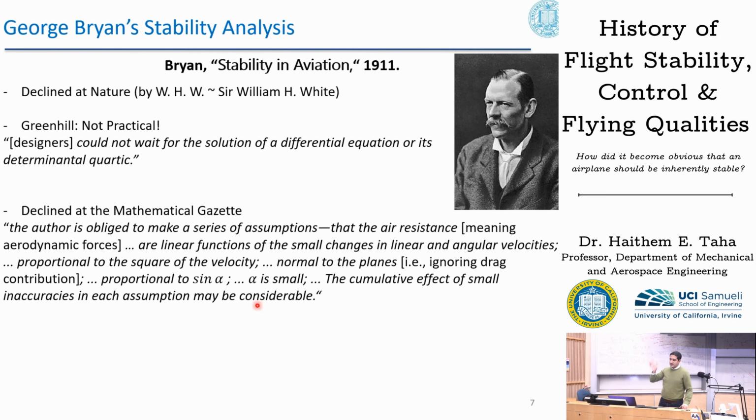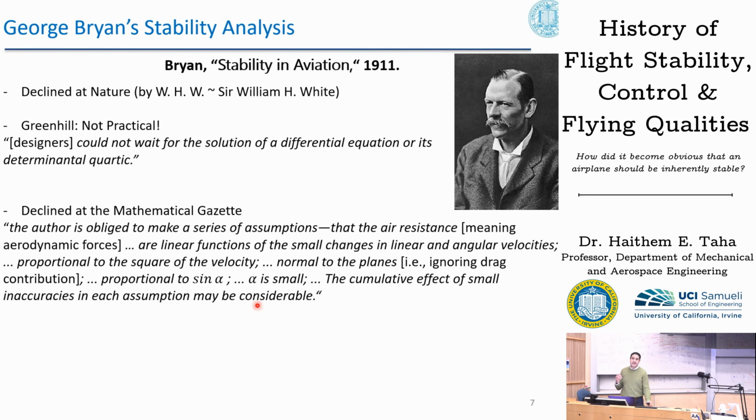So this is a legitimate concern, really. I mean, if you think about it, if you have a small error in each assumption and then you add up, at the end of the day, the final result may come out as irrelevant. But the interesting point is that people sometimes really forget about the very nature of our science, that there is no equation, there is no mathematical model, there is no theory that is ever complete. There is no such thing. They are all idealized mathematical models, including the so-called governing equations, Newton's equations, Navier-Stokes equations. They are all idealized models.